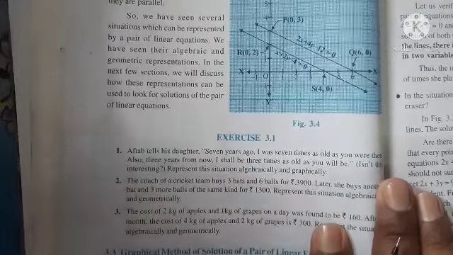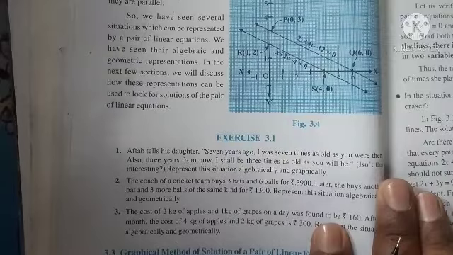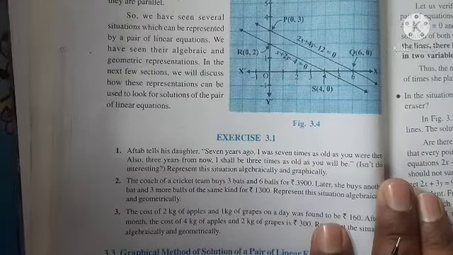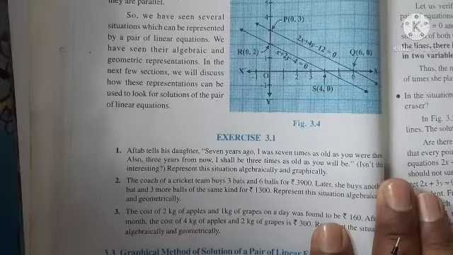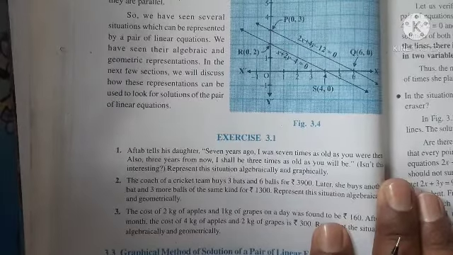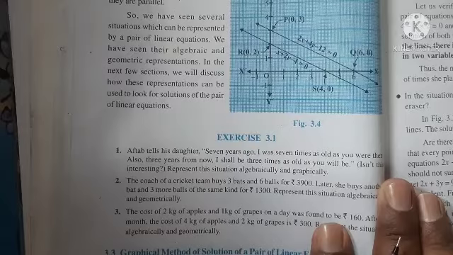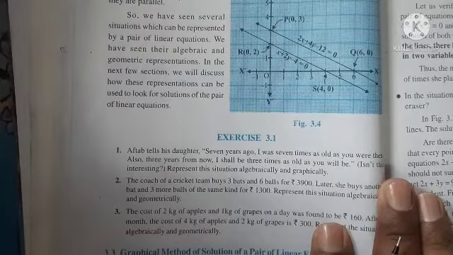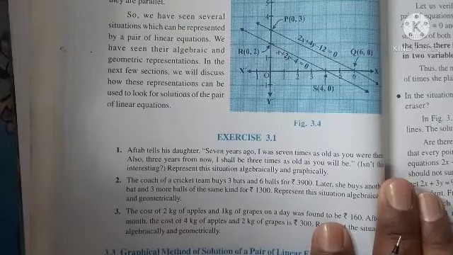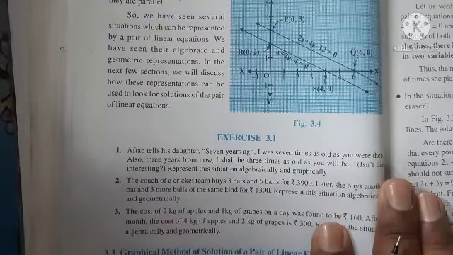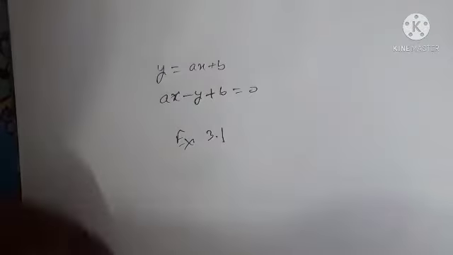Algebraically means a pair of linear equations in x and y terms. Graphically means we have to draw the graph. The graph of any linear equation is a line, same as a linear polynomial, and we studied it earlier. We know how to draw a graph of a linear polynomial. Now solve this question.